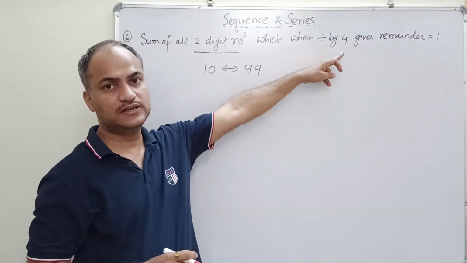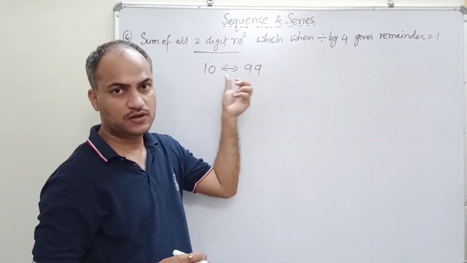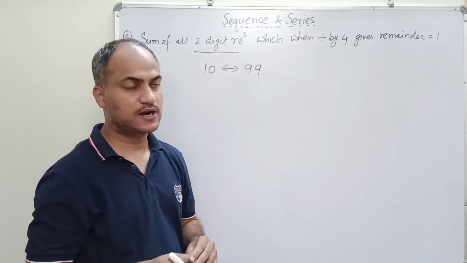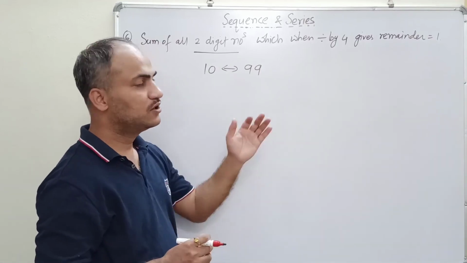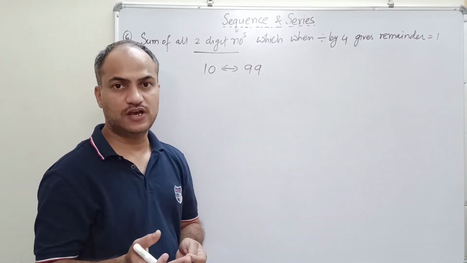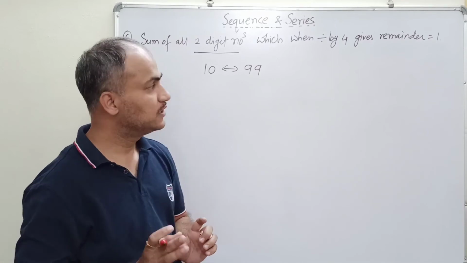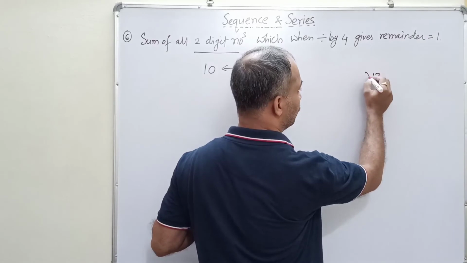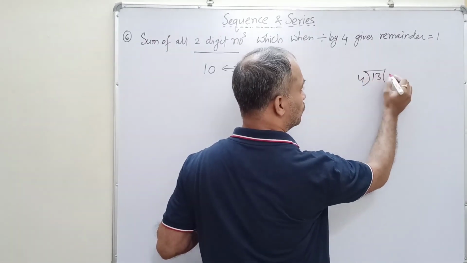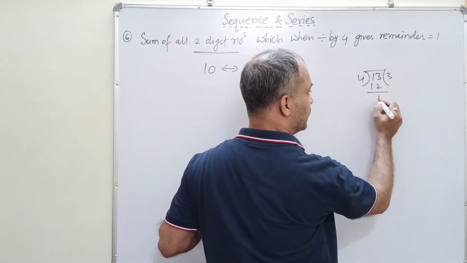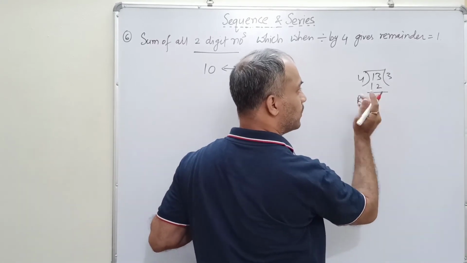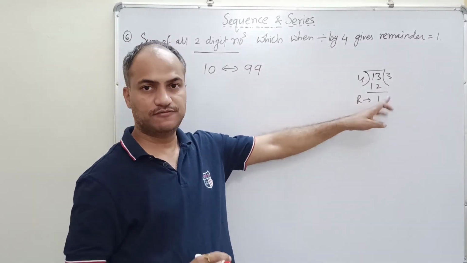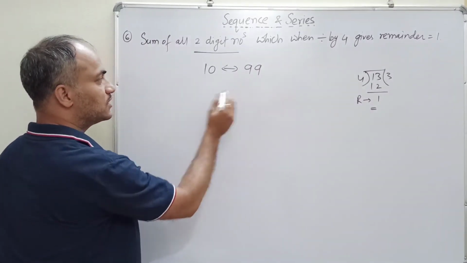When we divide 10 by 4, what do we get? We get remainder 2. It means it is not the required number. So the next multiple is 12. 4 3s are 12, so this is a perfect multiple. Now 12 plus 1 is 13. If we divide 13 by 4, what happens? 4 3s are 12 and the remainder is 1. So this remainder 1 we require. A number on division by 4 should give remainder 1. So our first number is 13.